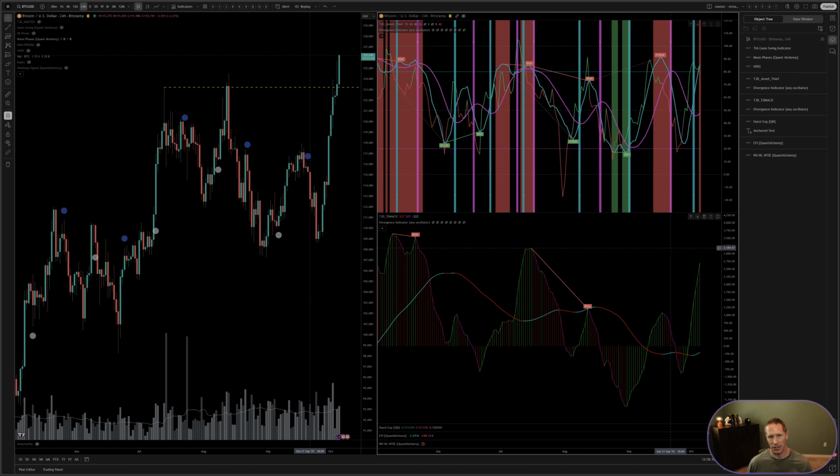Right now, I'm not seeing any of that, and that's kind of what I would look for if I was going to call or be expecting more of a local top. Since I tend to use the daily time frame, it's going to be about a week before you see those signals even present. So you could potentially identify those ahead of time and maybe front run them, but at the same time, your statistics or your probabilities are going to play out less in your favor if you're playing that game.